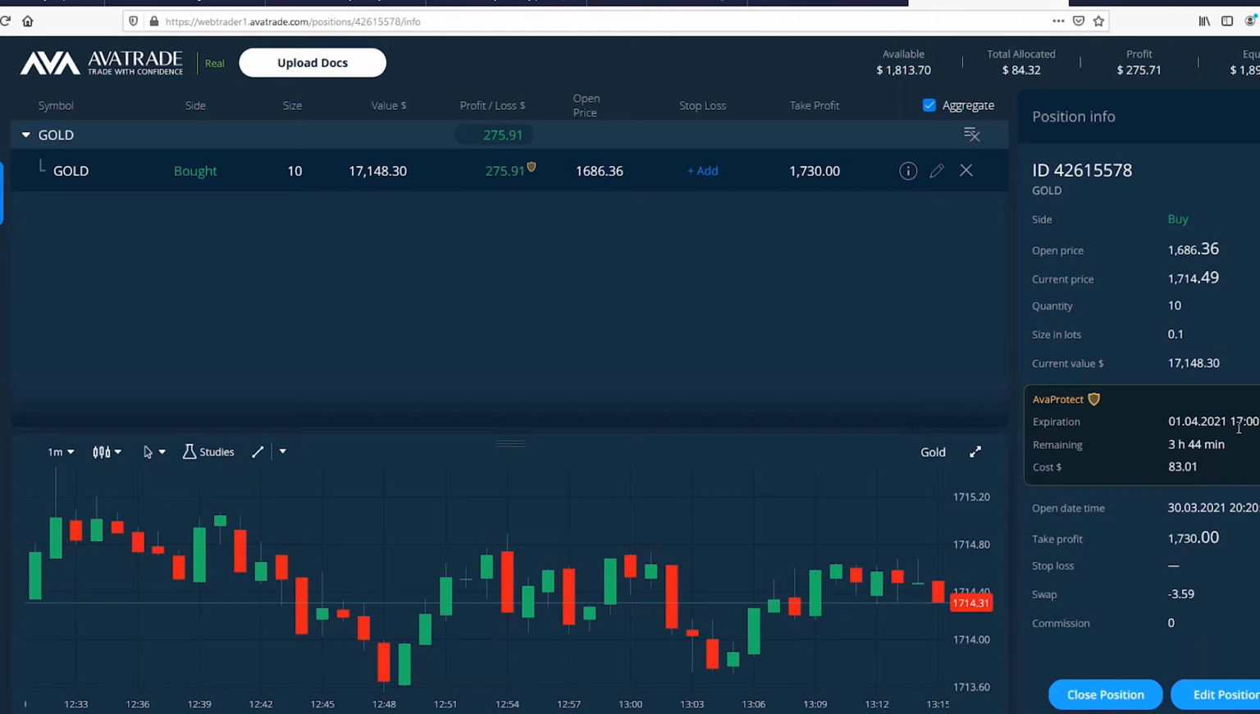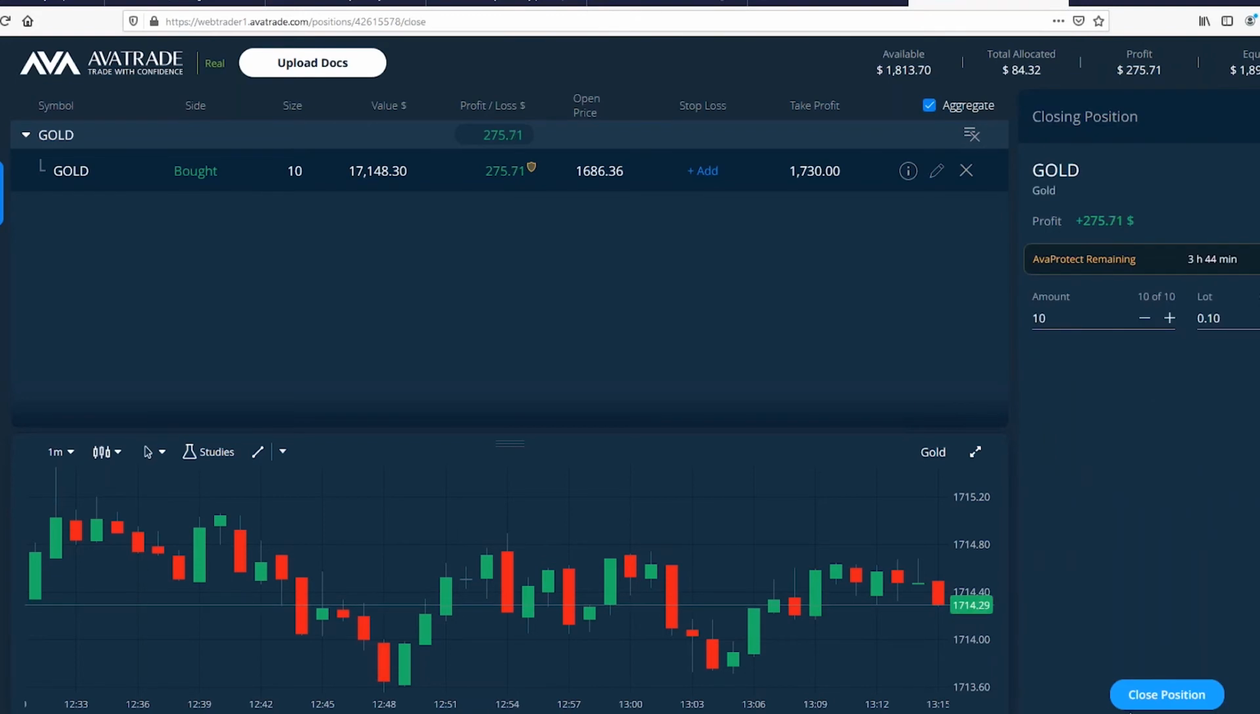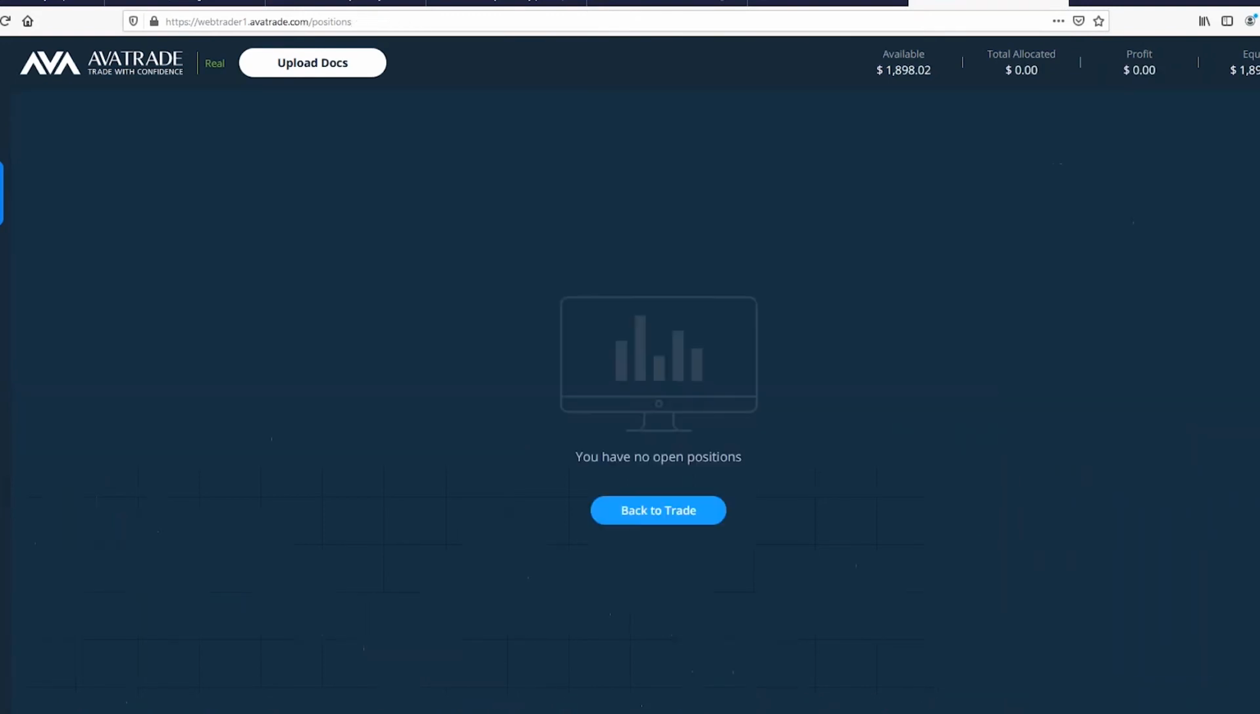My protection didn't end yet, but look at the profit I'm in, 276. So let me close my trade. I already paid the 83, so now you're going to see my equity go up by the profit amount, or my balance go up by the profit amount. So here I go. I close my trade, and now I have almost 1900